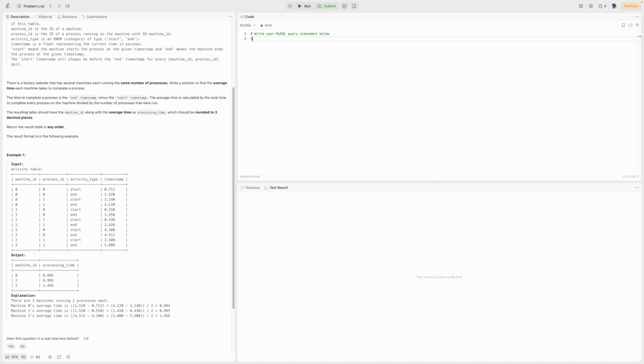So select star from select machine ID, process ID, and then start is going to be a case here, right? Case, start, case, activity type,